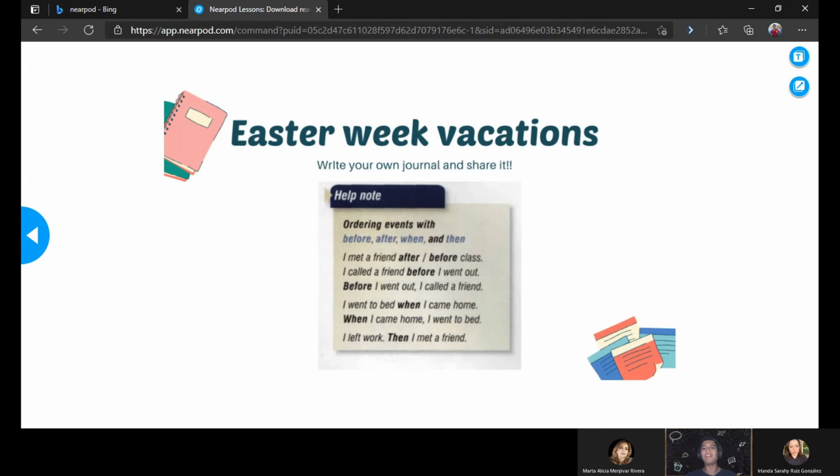So now it's time to use your creativity. Feel free to make your own journal. I will give you 2 minutes to make your own journal and share it. Perfect. Excellent. And remember to use the connectors that Martha mentioned at the beginning: before, after, when, and